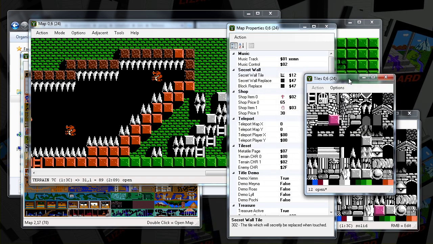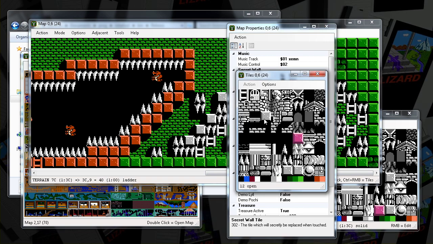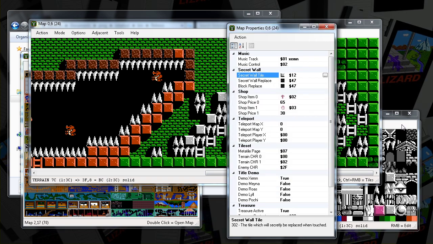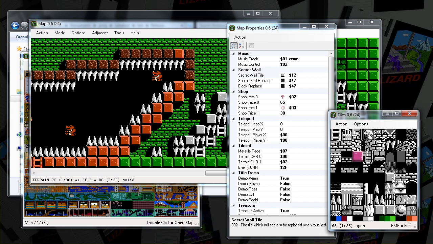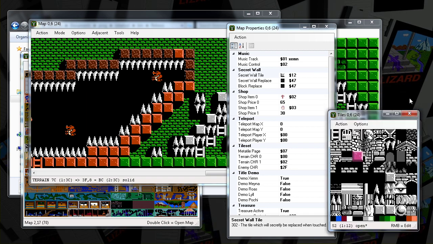And actually you should notice something here. There's 4 tiles here. I should actually show this in the tile palette. So there's 4 tiles here that actually just look like the same block. There's nothing stopping you from assigning the same tiles to the same thing in the meta tile thing, but here this is an open block and here this is a solid block. I don't know why they made 2 solid blocks that are the same, but that's what they have.